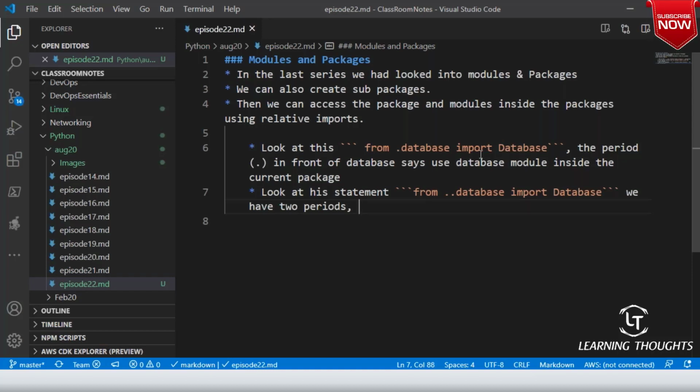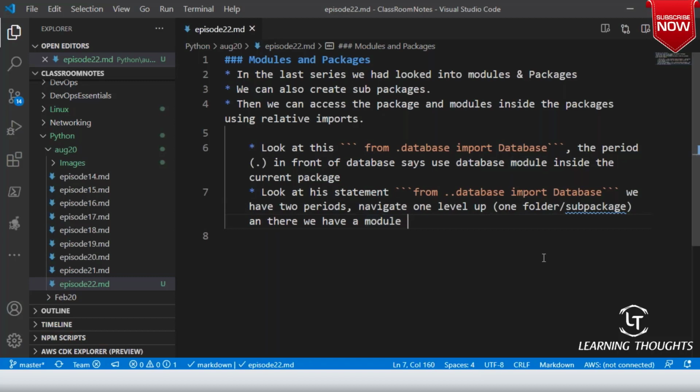It means navigate one level up, and there we have a module. One level up means one folder or sub package up. There is a module called database. From that, import class database. Am I clear on this, sir?